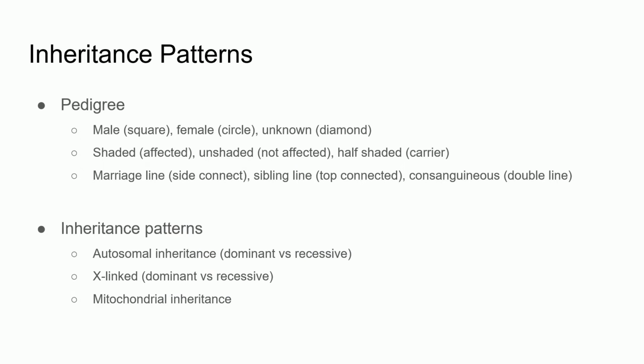Within population genetics, certain patterns of inheritance exist. We can pictorially represent these patterns with pedigree charts, and we will see a few examples of these in a moment. These charts help us determine inheritance patterns for a given trait, and are broadly classified into autosomal, X-linked, and mitochondrial inheritance patterns. Some simple rules apply to interpreting these pedigrees. First, if a phenotype or trait exists in all generations, it is considered dominant. If it skips generations, it is recessive.